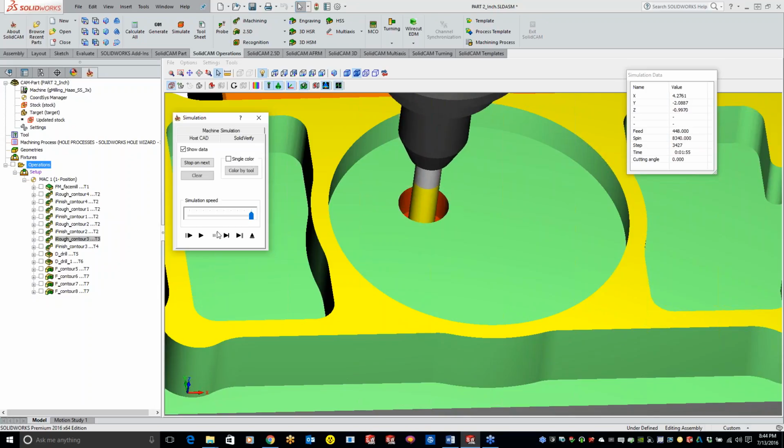Now, that tolerance is going to be based off of everything. So if you have that setting at 4 thou and you do your stock target comparison and you only have 2 thou set in your stock target comparison, we're going to get some mixed results, because the accuracy of the model that we're showing here is 4 thou, but you're doing a verification down to 2 thou. So if you're running 2 thou here, you want to be running 1 thou or smaller on something like this. Like I said, the next number up is going to be our 2 thou. So run 1 thou or smaller, and you can go all the way out to the millions